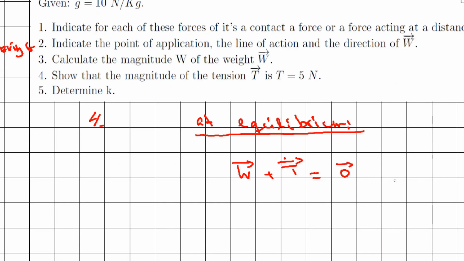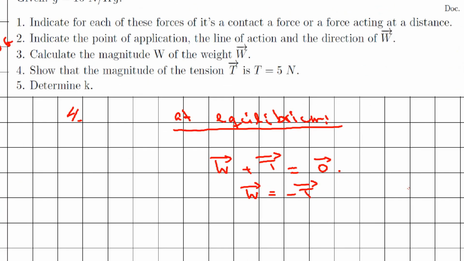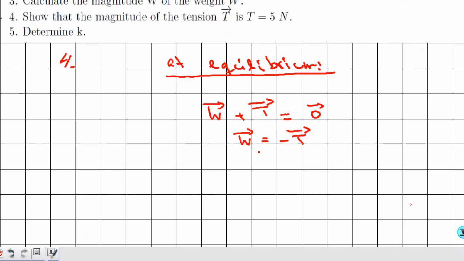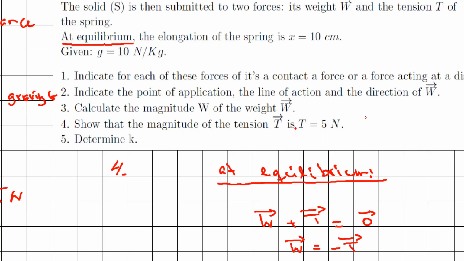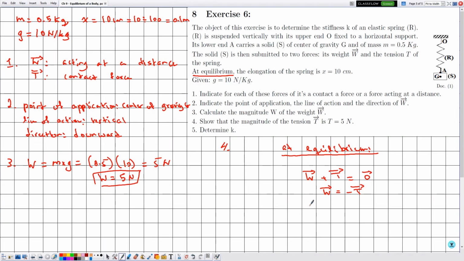Now dragging T to the right-hand side, this will be given by the weight is equal to minus the tension. The first equation tells us that both forces acting on the solid S cancel each other, whereas the second equation tells us that weight and tension have the same line of action, opposite direction, and same magnitude. So this part will be the answer for the condition of equilibrium, or the vector relation. Since they are asking us about the magnitude of the tension, we need to extract from this equation the relation between the weight and the tension at the level of the magnitudes. Now let's say in magnitude,